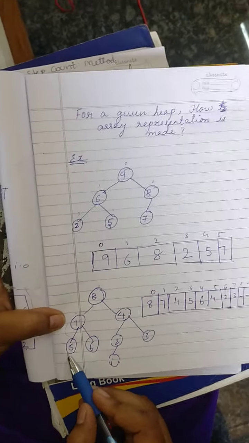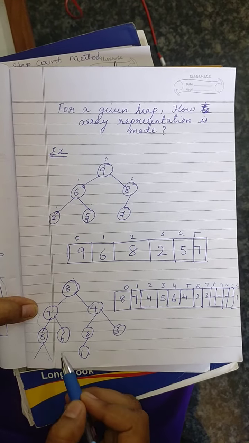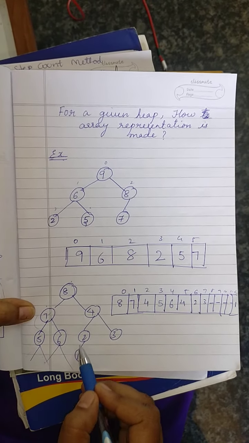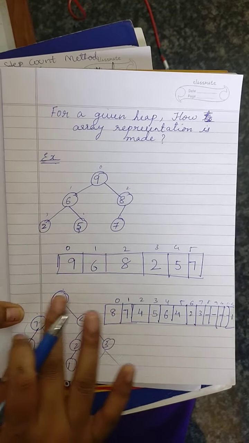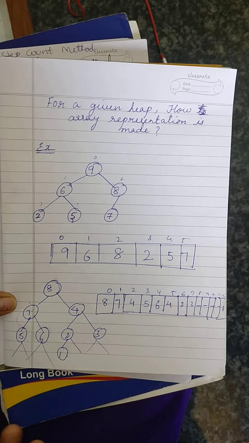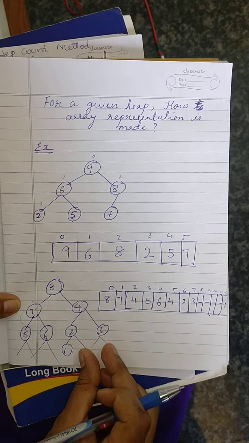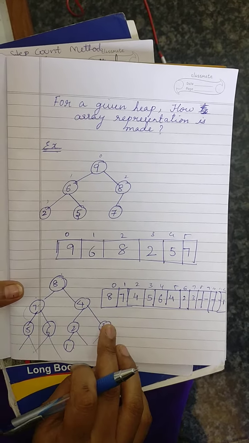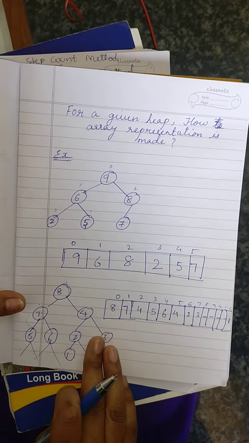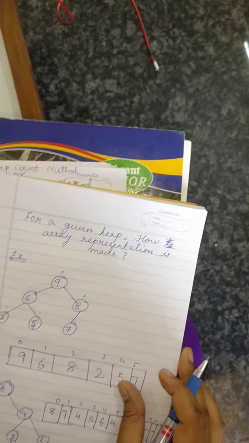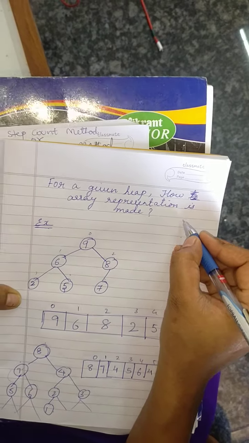If, for example, you have a tree with a left child, right child, right child, again left, right, this is now a full complete binary tree. That is the difference. All are full. This is your full complete binary tree. That is the difference between a complete binary tree and a full complete binary tree. Now I'll take another example and show you.